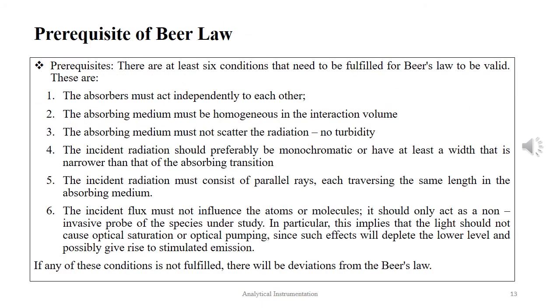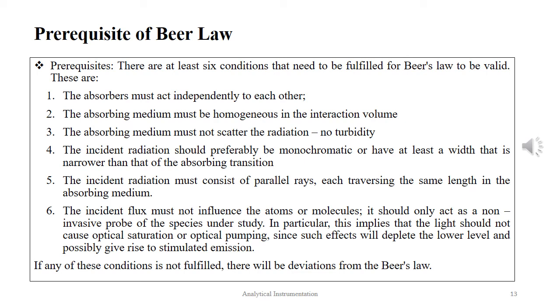There are 6 conditions that need to be fulfilled for Beer's law to be valid. These are: the absorbers must act independently of each other, the absorbing medium must be homogeneous in the interaction volume, the absorbing medium must not scatter the radiation, that is no turbidity,